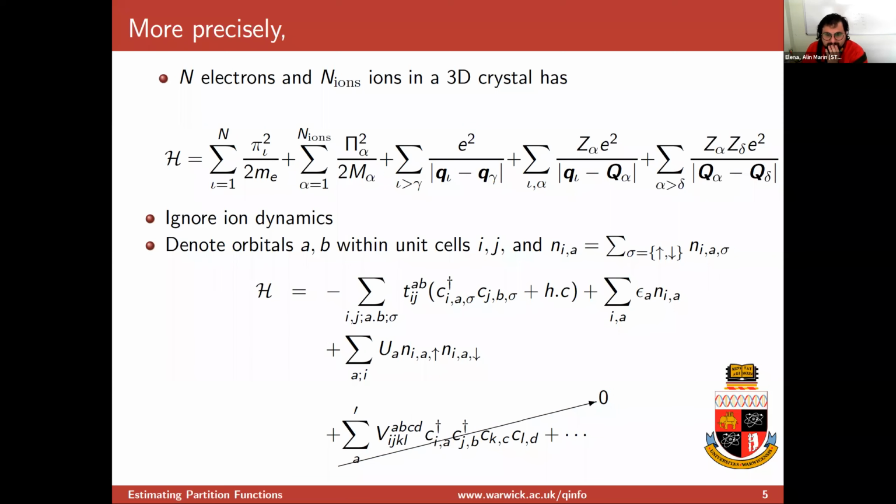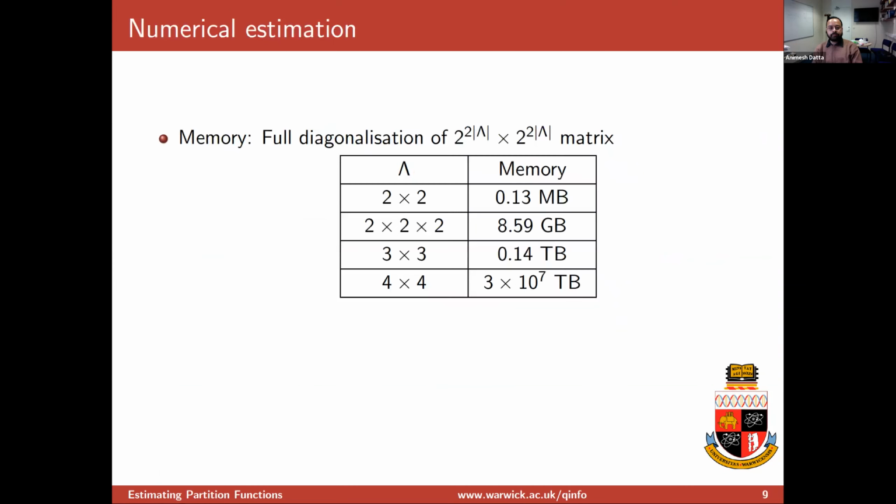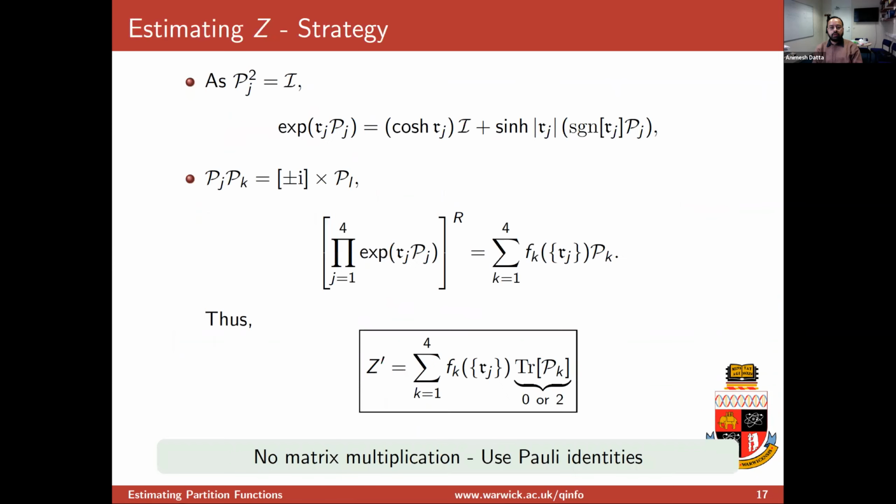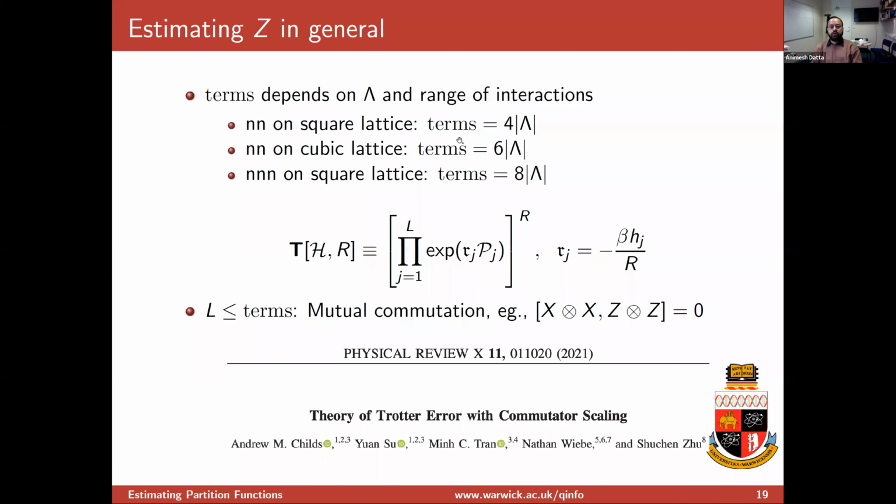So you can keep as many terms as you think is relevant for the physics you are interested in, or the chemistry you are interested in, right? What will happen is, once we go to the lattice picture, this will lead to next nearest neighbor terms and next to next nearest neighbor terms and so on and so forth. And that will, as we see here, lead to these kinds of terms, right? So if you have nearest neighbor terms, you will have 4 times the size of the lattice. If you have next nearest neighbor, you will have 8 times the size of the lattice, and so on and so forth. So it will increase the number of terms, but it will not increase it